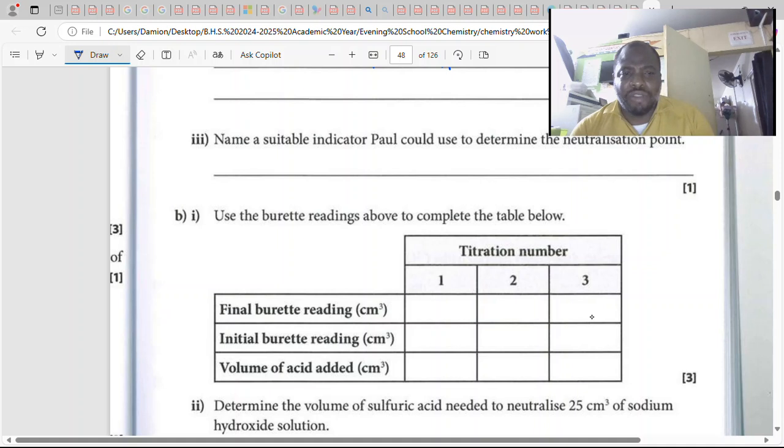So as soon as you have just an excess of hydrogen over the OH, then the solution will turn clear. So it's moving from pink to clear. So even Paul, that is what he would be looking for in this experiment, where as he adds the acid to the base or the alkali, at that point where that pink appearance turns into clear, it signals the